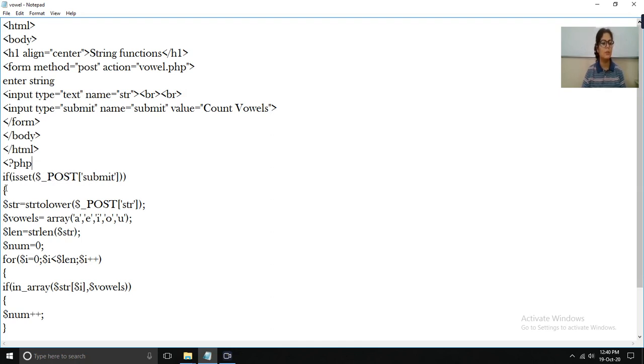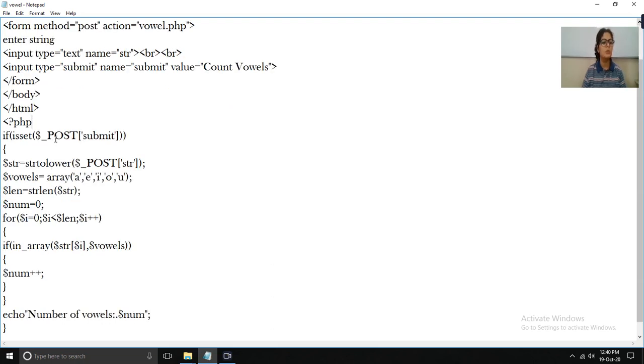Start with the curly bracket. The meaning of this statement is that it will post the data to the submit button. As we have created a submit button, it will submit the data. Now start with the curly bracket.